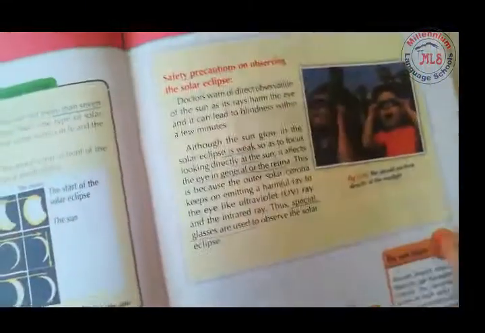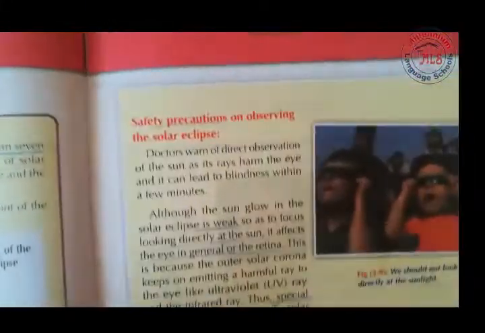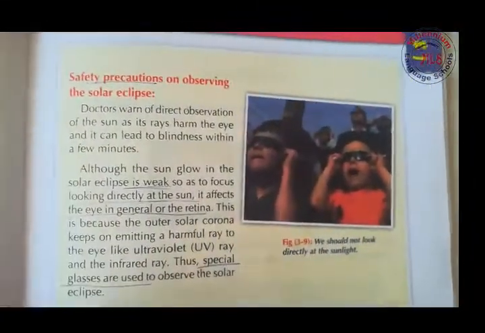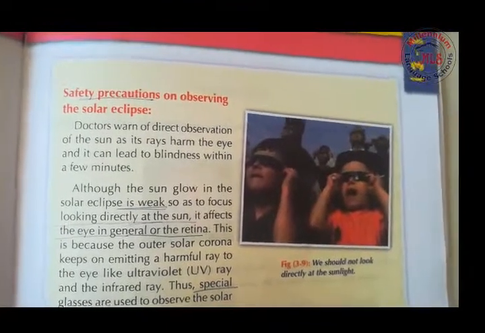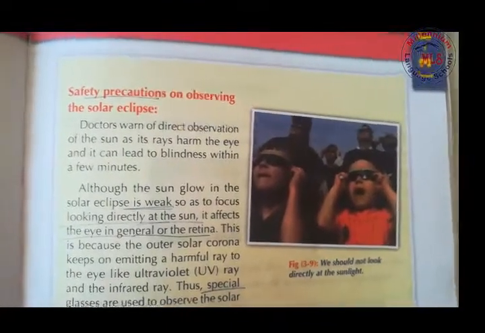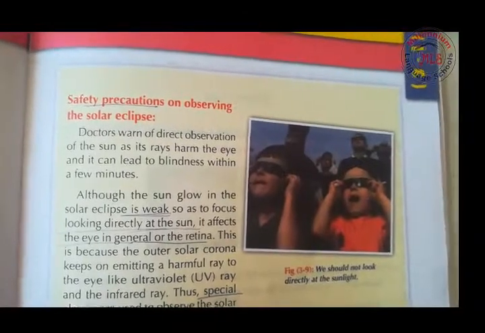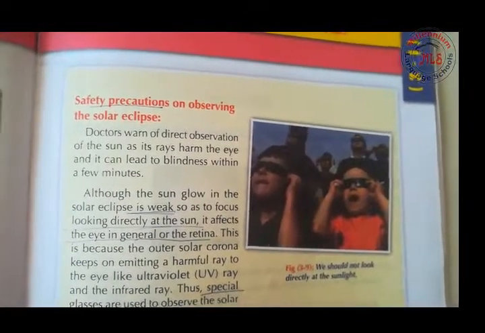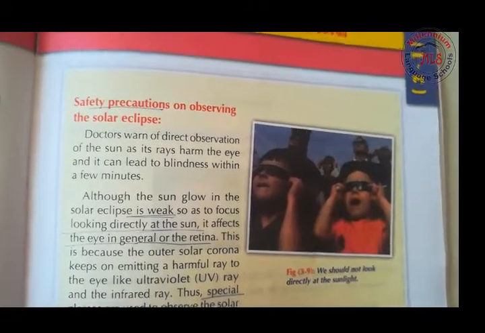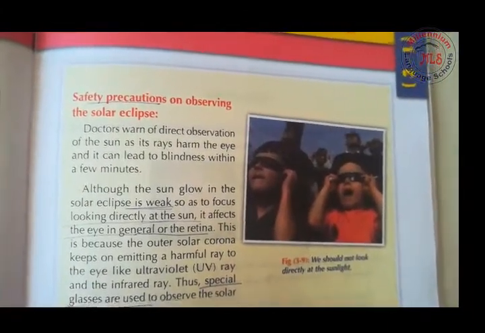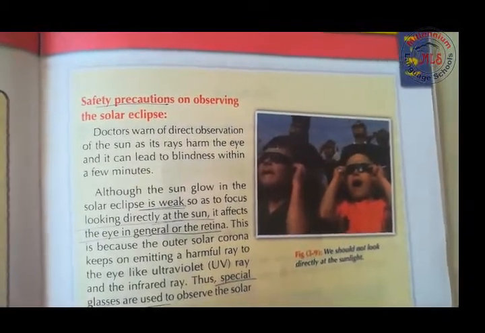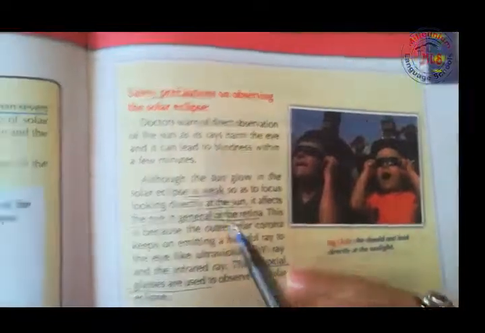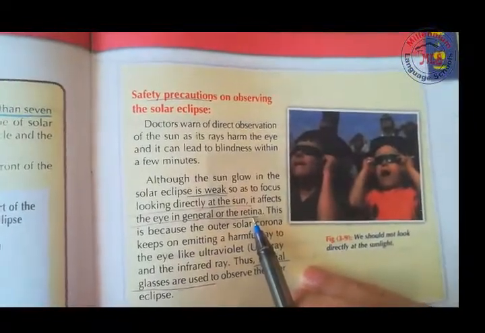Of course, this is a very rare and strange phenomenon. We want to see it, or observe it, but it is very, very dangerous. Although the sunlight becomes weak during a solar eclipse, because part of the sun is hidden by the moon, it can affect the eye generally, especially the retina,